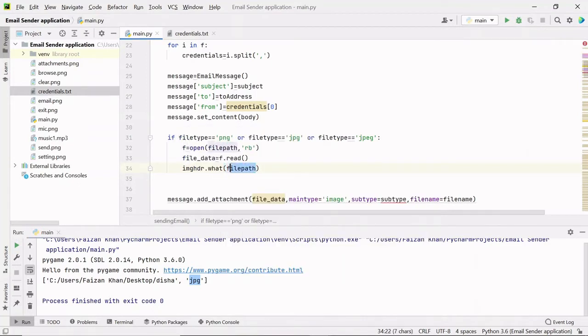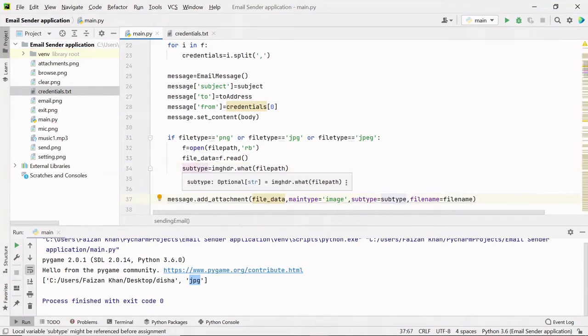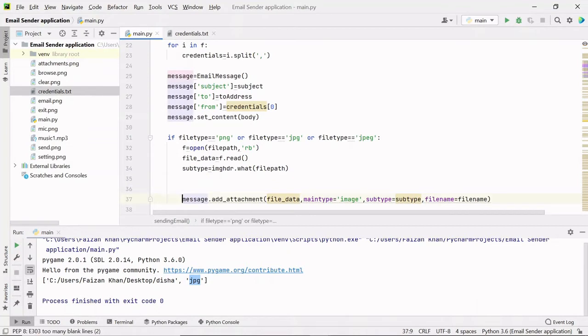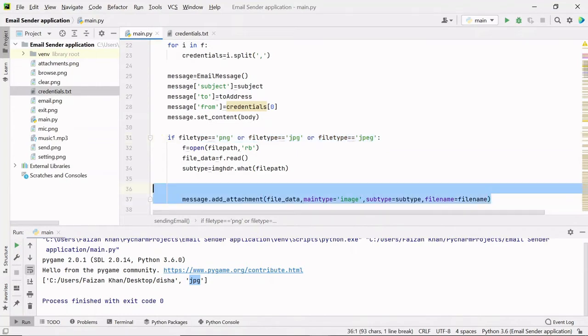So this is the complete location of the file that we will select, and it will return the type of that file. So that will be nothing but the subtype. And this subtype I'm passing to this add_attachment method. So I'm going to provide indentation here. So if file type will be an image, in that case image will be added as an attachment.